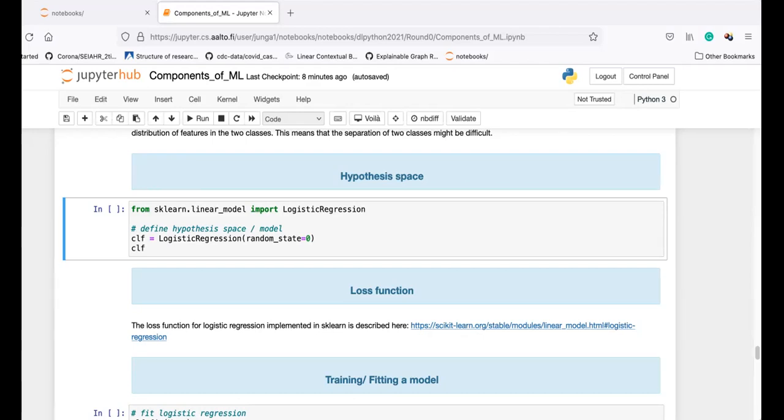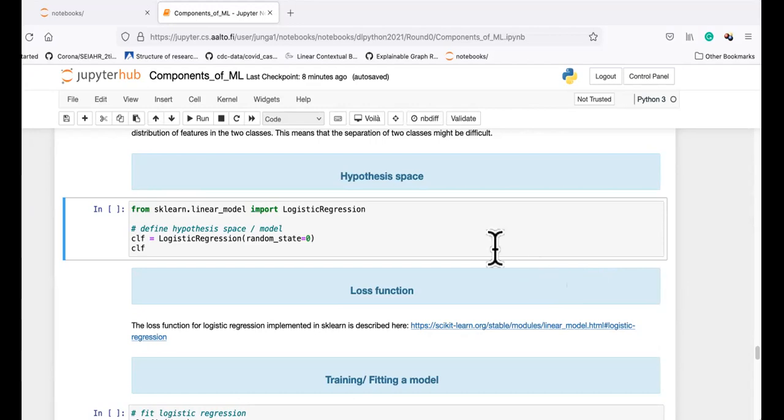So your intuitive use of the term model is actually not so far away from my, how should I say, more mathematical definition. A model is a set of different hypotheses. And one way to represent such a set of hypotheses is by a parameterized function, like a parameterized linear function.